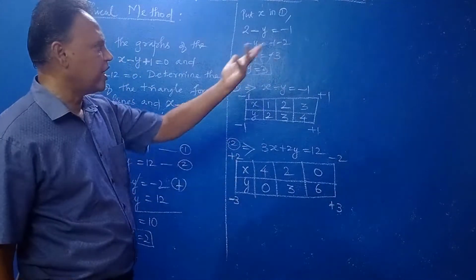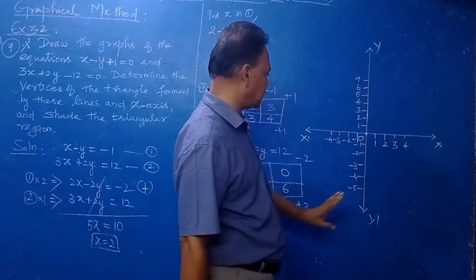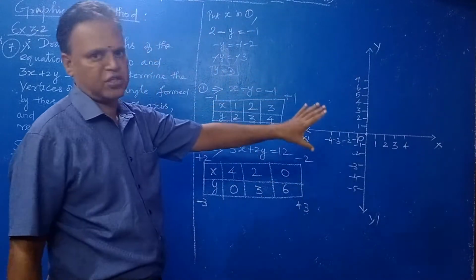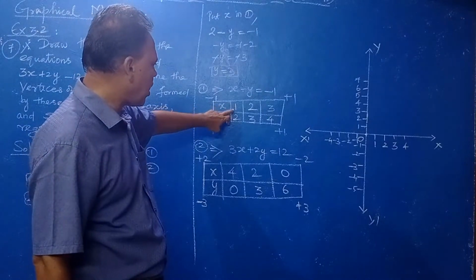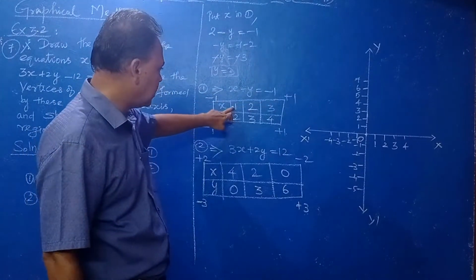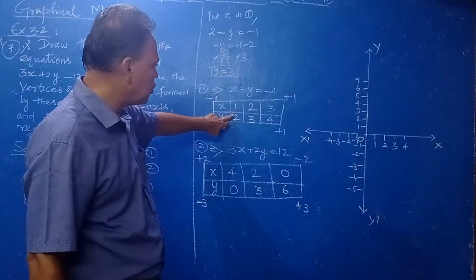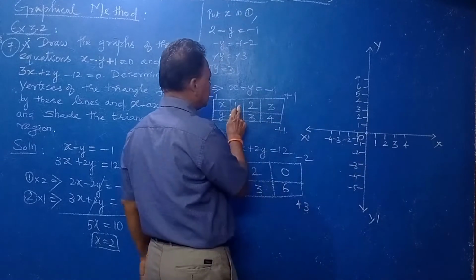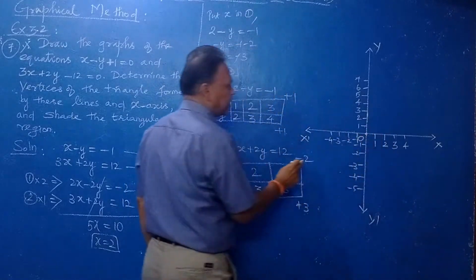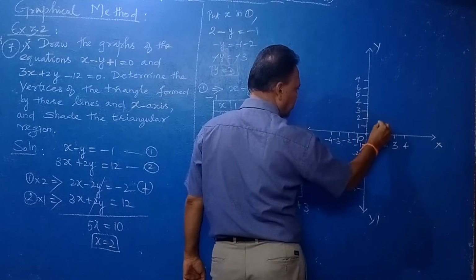Now using this we can draw the graph. You see the graph, x dash, y dash. Now you have to plot the points. That is very important, how to plot correctly. See, the first point is 1, 2. Take the solutions of the first equation. For 1, 2: x is 1, so on the x-axis take 1. Then y-axis 2. Take the meeting point of both.